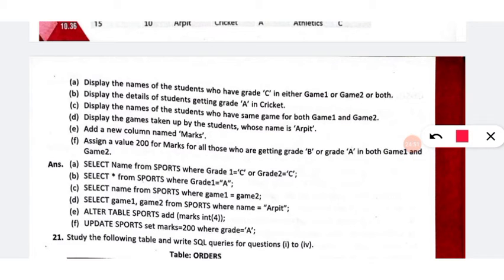So we have to write grade 1 equal to A or grade 2 equal to A and game 1 equal to cricket or game 2 equal to cricket.